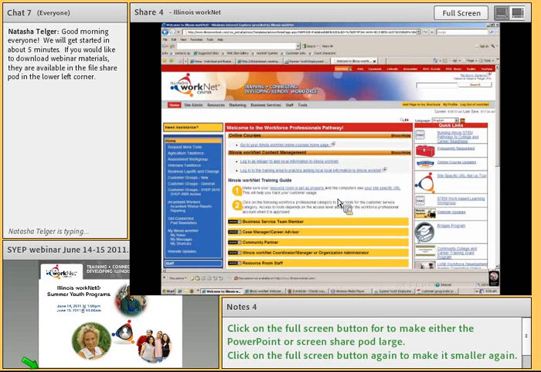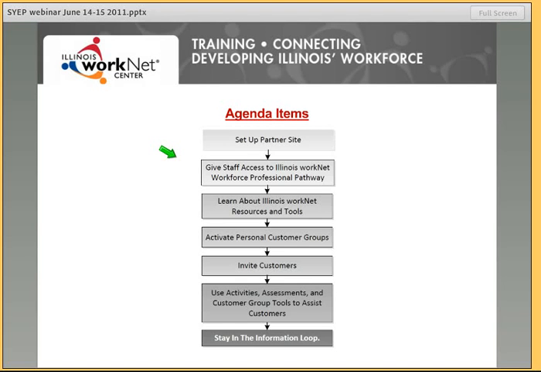Today, what we're going to talk about, we're going to briefly cover getting everyone set up in the Workforce Professionals Pathway, because that is how they access the resources to assist not only when the webinar is originally for summer use, and that's going to be our primary focus, but it can also be used with other customers as well. So we want to make sure that everyone is set up properly in the workforce pathway so that they